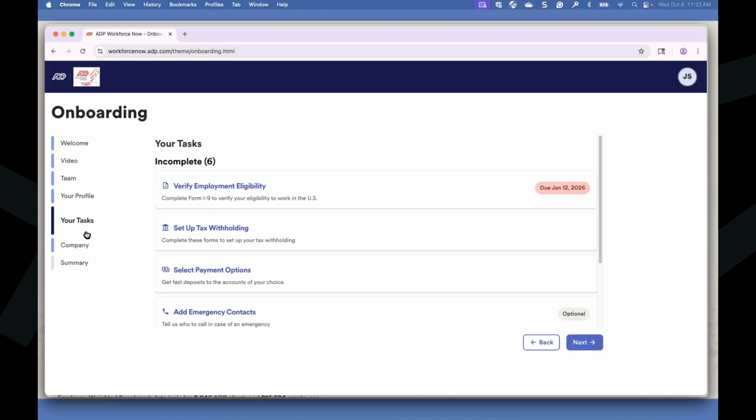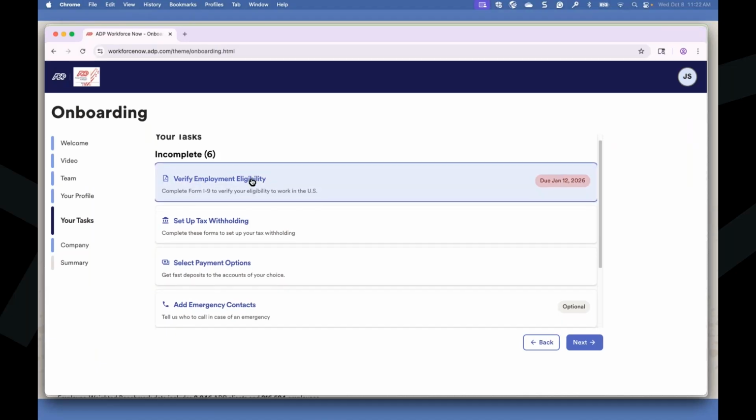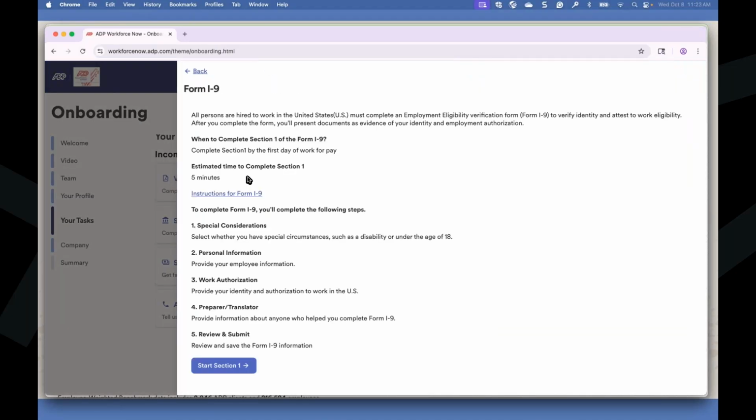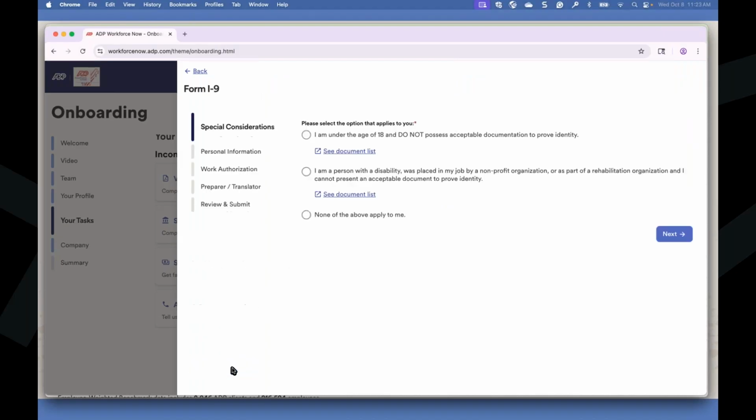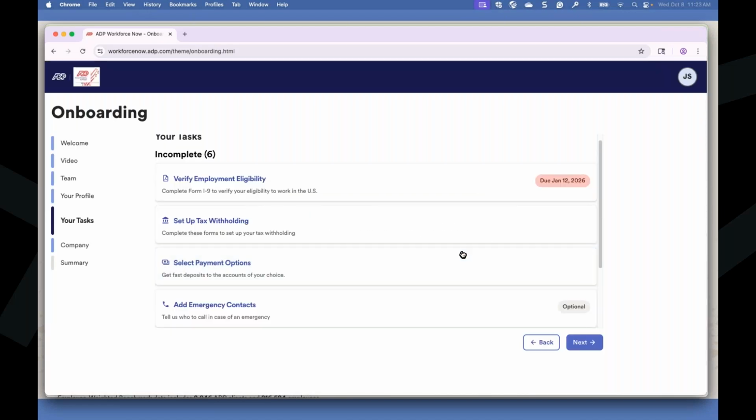Maybe they put the application in 6 months ago, but here's really that big time-consuming spot. You know, getting them to complete things like their I-9 information. The nice thing with this too is it's all wizard-driven. So it's going to walk them through step by step of completing the I-9 form. So no paper documents needed. It goes to the next person once they complete their section.